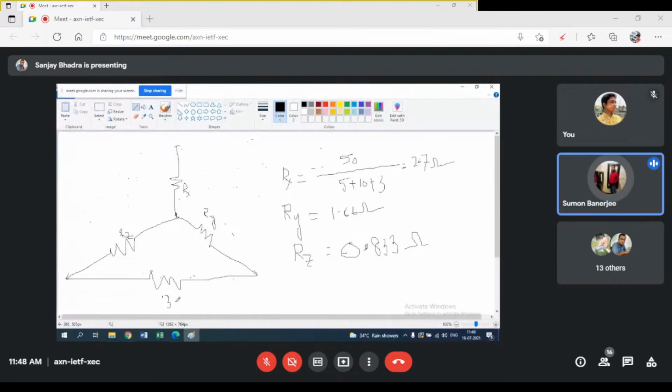Rx is coming 10. Sir, it is correct. So I have calculated for Rx and you are getting 10. Fine. It is 10.5, that is fine because that is for the approximation. But please do the rest too.